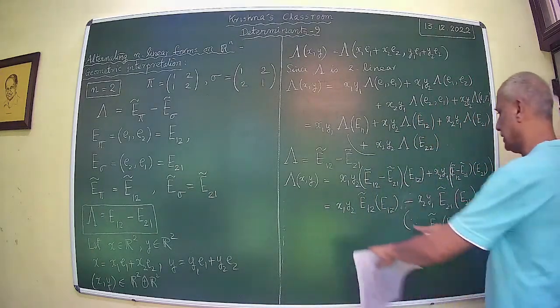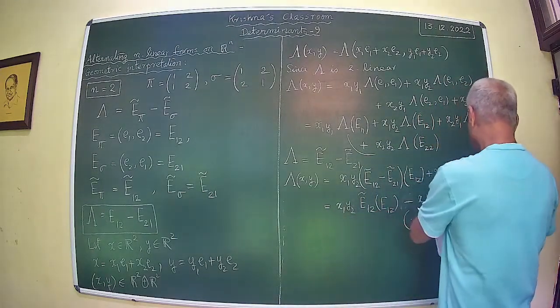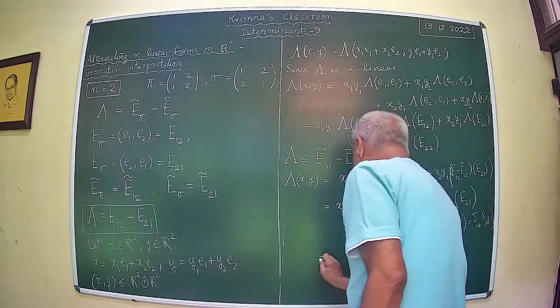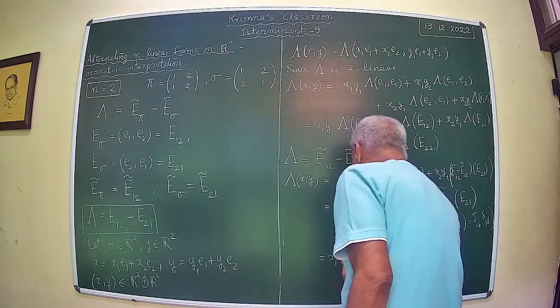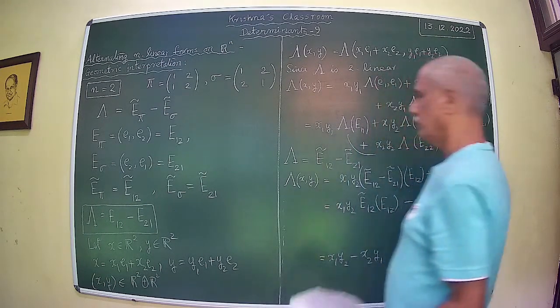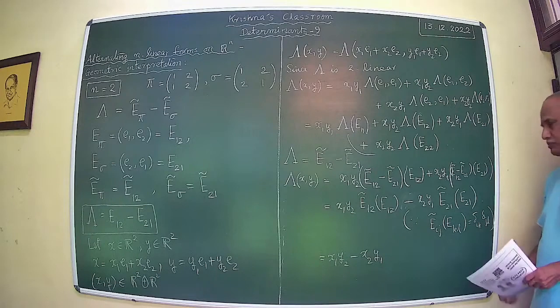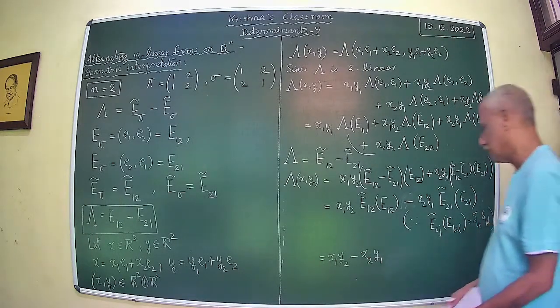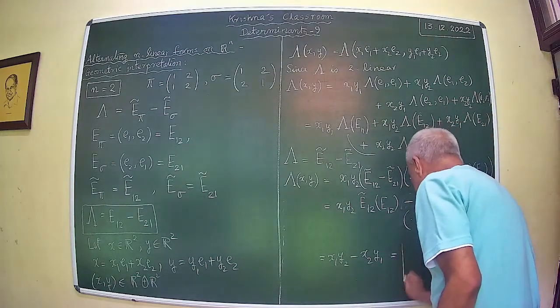So what is it? This is equal to 1. This is also equal to 1. Therefore this is equal to x2 y1. And what is that? That is nothing but the determinant of